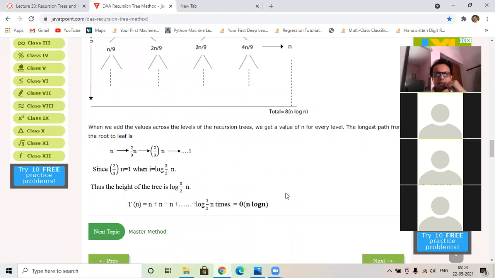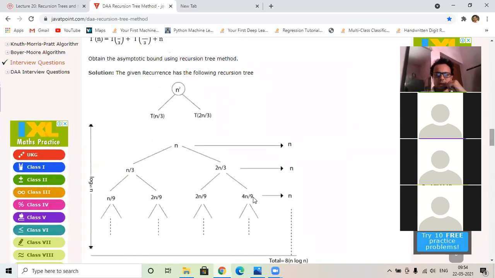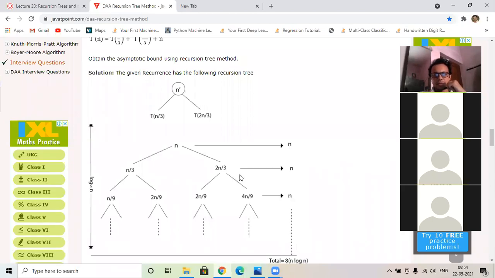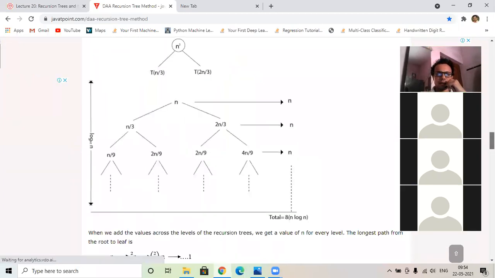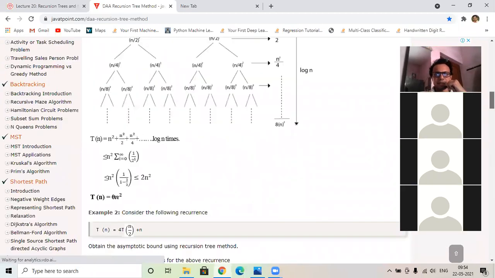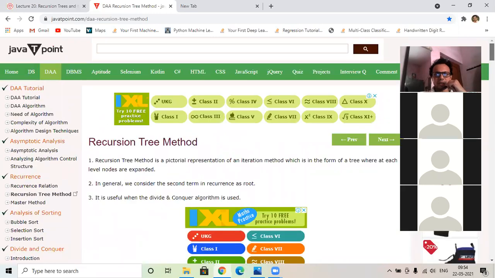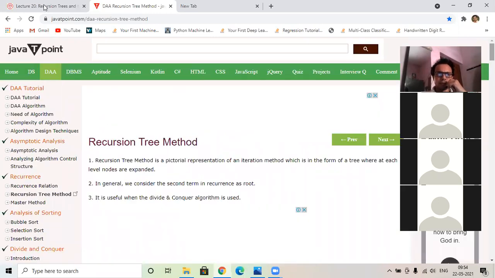No need to understand everything. Just check that it is not a balanced tree, so obviously it depends on the height. So what is the height? Every time it is divided by 2, so height will be log n. And each level is taking n times. So obviously time complexity will be n log n. So it is the recurrence tree method. In this way it is calculated. Practice more examples, then it will be clear to you. Got it, everybody?